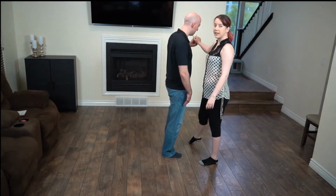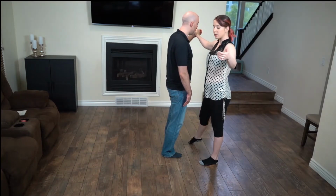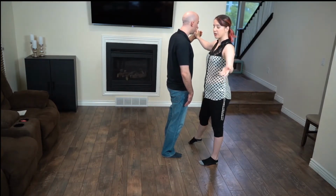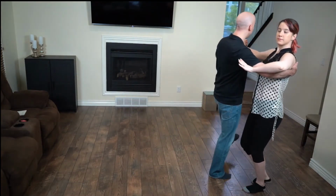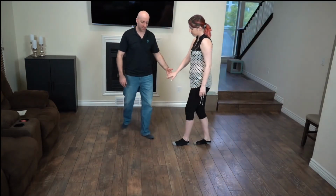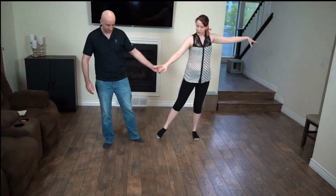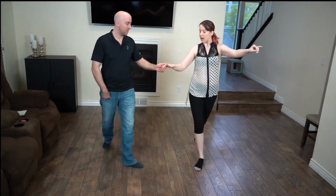Notice that I lifted the hand there. Leads, you will be lifting the hand to start bringing your partner back into hold. And then from here, we just have an NGO or a tango close like normal to get back into hold. So just that ending part. So we've just gone NG and point. We have step, point,